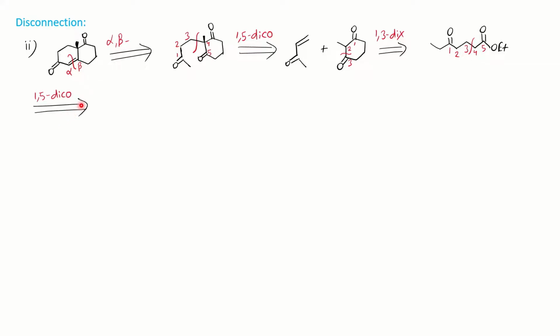So you can apply the 1,5 disconnection approach, and when we have a 1,5 disconnection, one of the synthetic equivalents will be alpha beta unsaturated, and the other will get a negative charge. You can stabilize it by a positive species. So positive, we are writing here CO2Et, so you will get a malonic ester type of synthetic equivalent. So these two will be the synthetic equivalents to design your